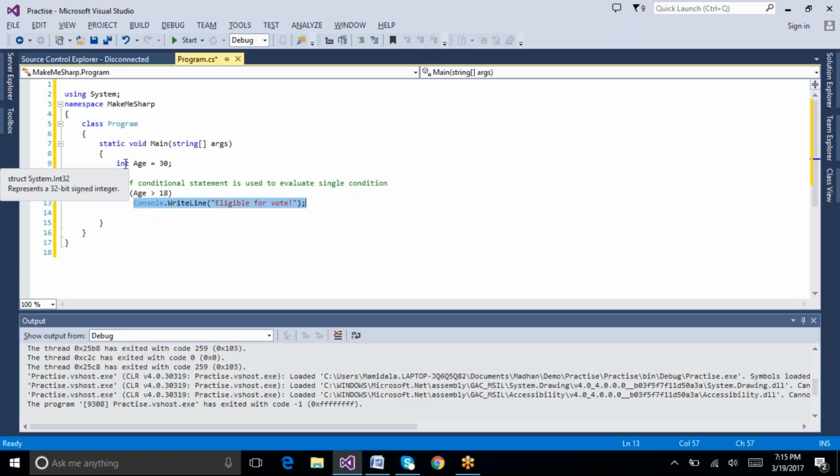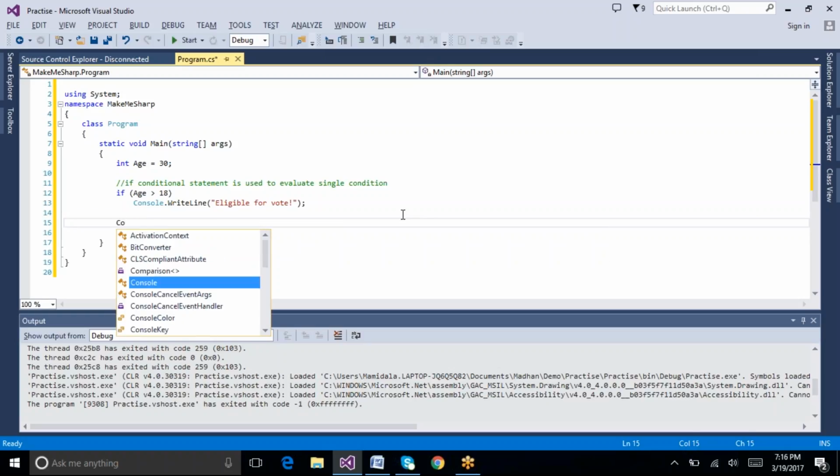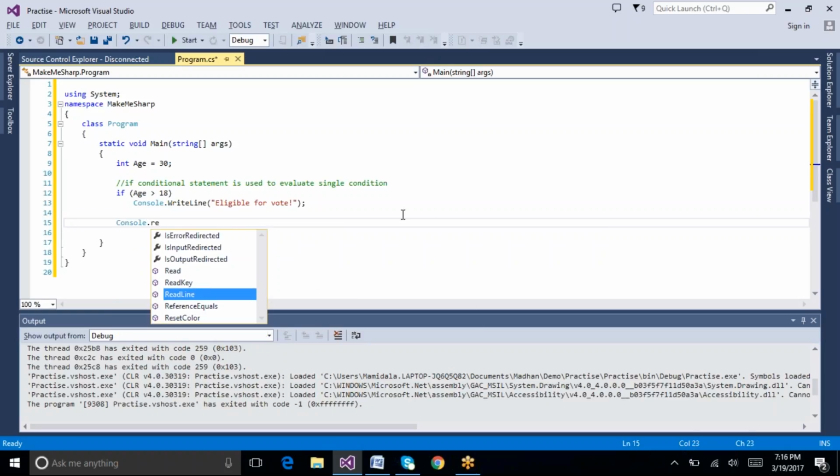Here we are checking whether the age of a person is greater than 18, and only then we are printing this statement. If it is not meeting the criteria, then we are not displaying this message here. So if I run the program by writing this Console.ReadLine,